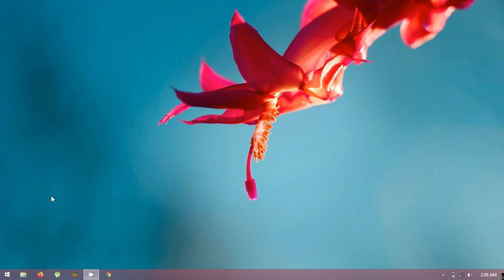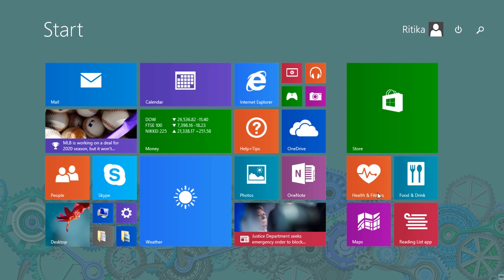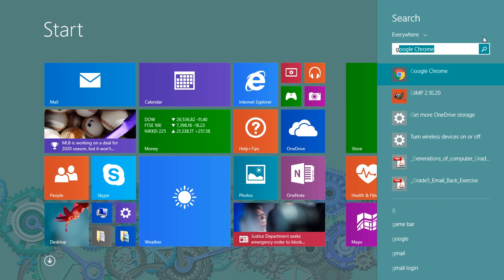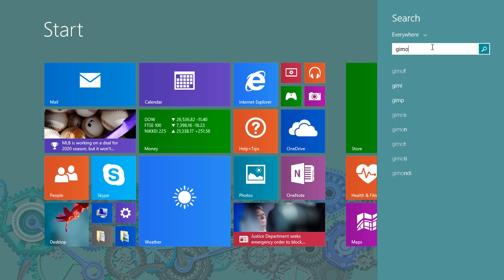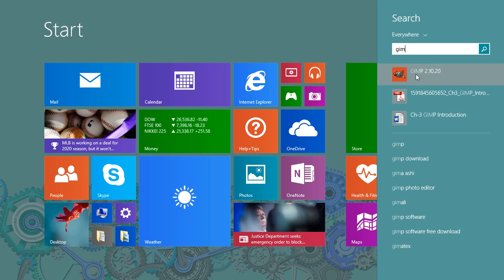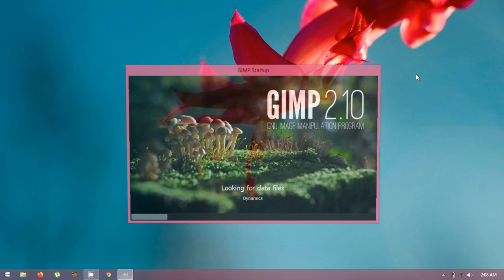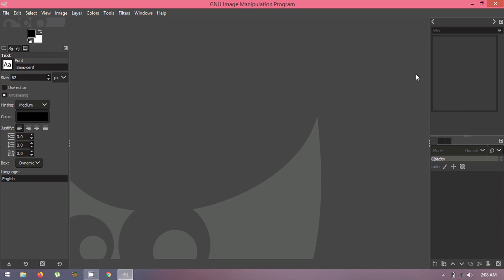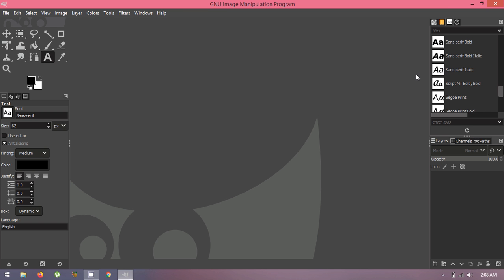So how does it work? First, I already shared the steps with you on how to download and install it. Now I'm going to open it. You can go to your search box, search for it, and here is the icon, so I click on that. In your book they have GIMP 2.8. This is GIMP 2.10. So let's get familiar with it.